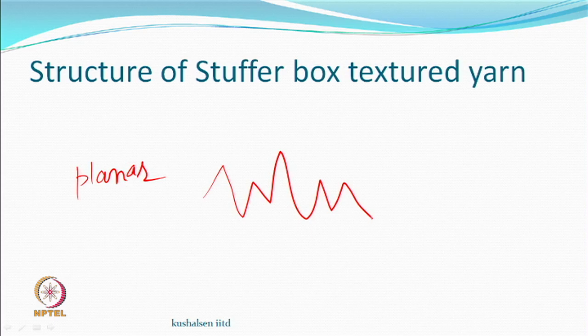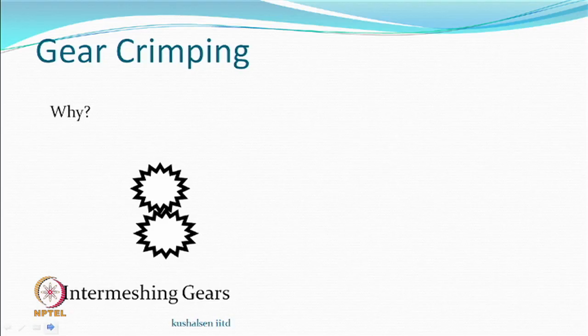Now, the stretch range approximately comes in the same range as the modified stretch yarn. So, they come in the category of modified stretch yarn, although you are not modifying, you can give whatever. All stuffer box textured yarns will be in the range in which the modified stretch yarns are, and one of the reasons is they actually do not have a helical structure either.